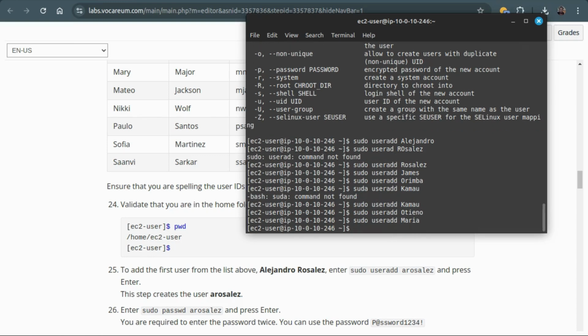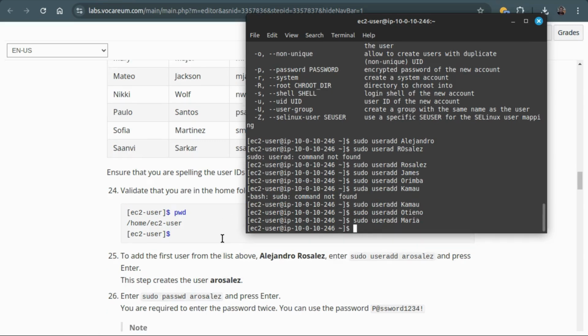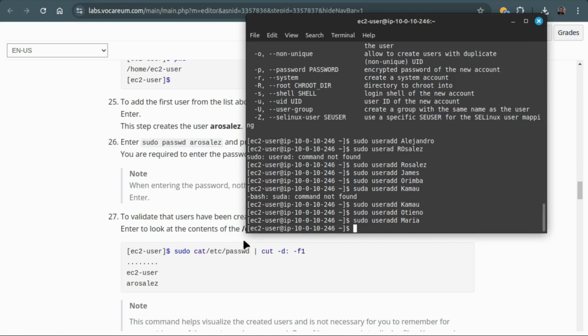Yeah, so up to that particular point we have our users, we've already added them, so we need to confirm whether our users are added. And if you want to do this, we can do a sudo cat, and then reference where we want to actually print. So basically the cat command displays,